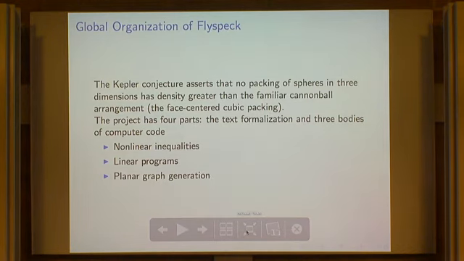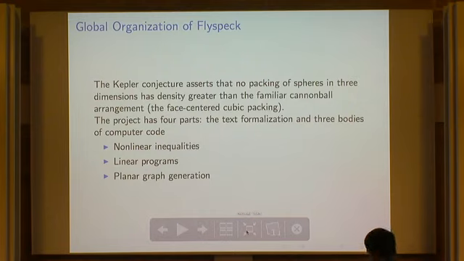So the Kepler conjecture that I'll be talking about is a simple assertion that no packing of spheres in 3 dimensions has density greater than the familiar cannonball arrangement with face-centered cubic packing, and its density is pi over √18. And just as a basic picture to keep in mind,